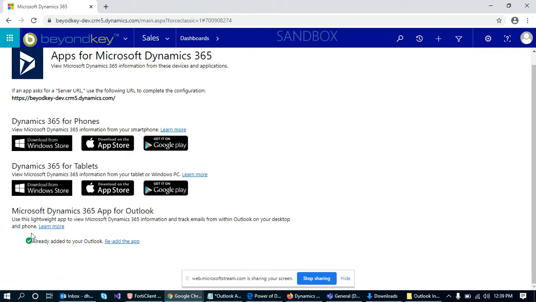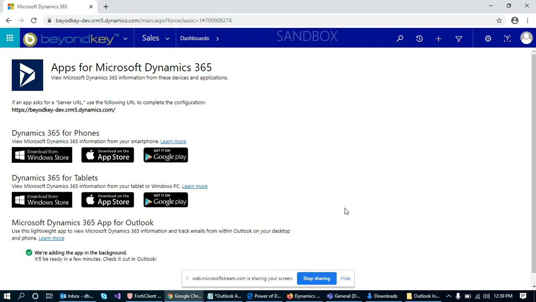Here we see the Dynamic CRM app for Outlook button where we can click and enable the Outlook app. Since I had disabled this app for my user, I can click to re-add the app. In the background, it will add that app in my Outlook.